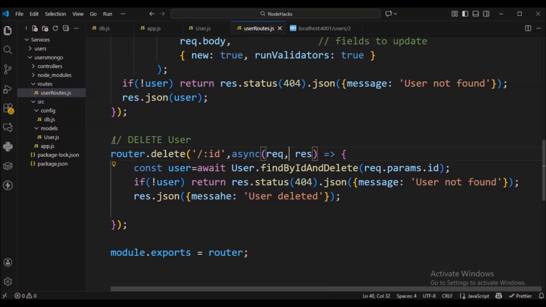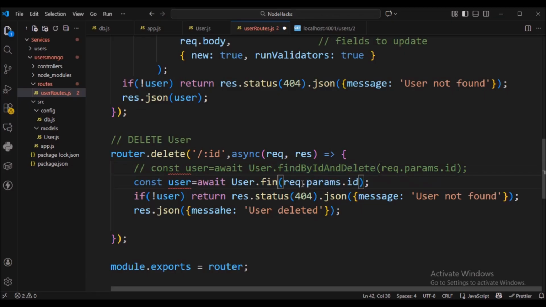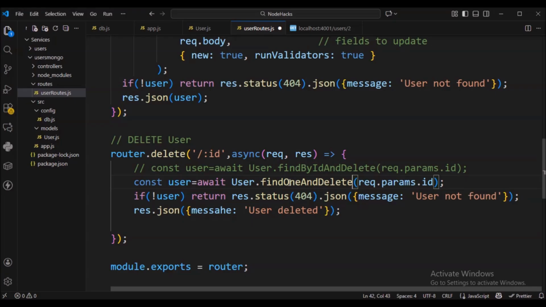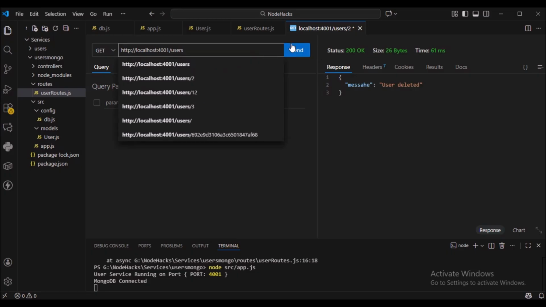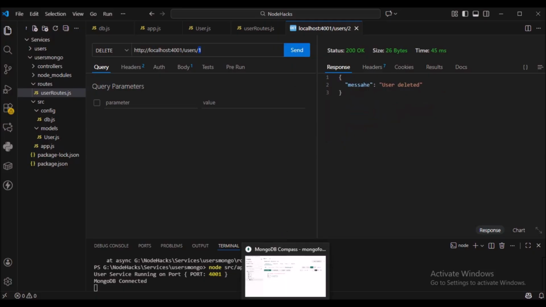Now viewers, if you want to delete the user based on your own user-defined ID, you have to use the same strategy as in the update user. So inside the route, change the function from findByIdAndDelete to findOneAndDelete. Also change the raw ID value from request object to id colon request.params.id, a MongoDB query filter object. Now again restart the server, find the user first, then use the delete route to delete it with the ID 1 and you will see that the user is deleted.